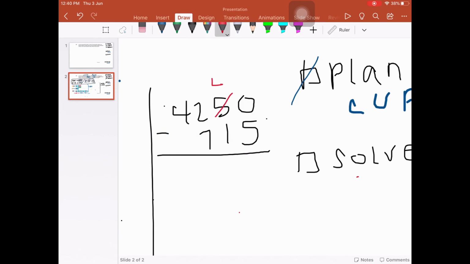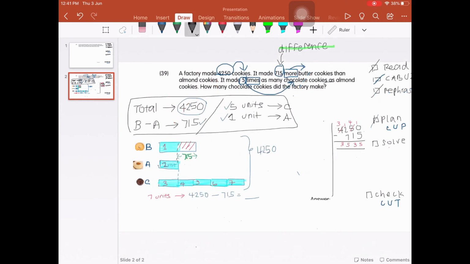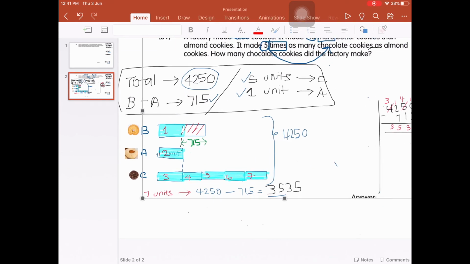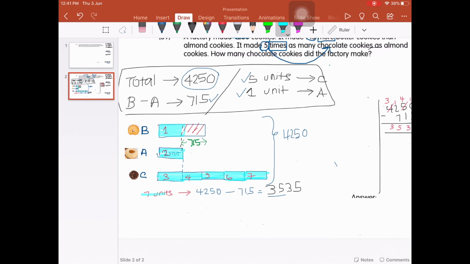5 tens is 4 tens and 10 ones. 10 ones minus 5 ones is 5 ones. 4 tens minus 1 tens is 3 tens. 4,000 is 3,000 and 10 hundreds. 10 hundreds and 2 hundreds is 12 hundreds. 12 hundreds minus 7 hundreds is 5 hundreds. 3,000 minus 0 is 3,000. Seven units is